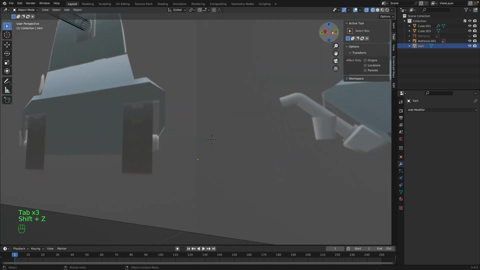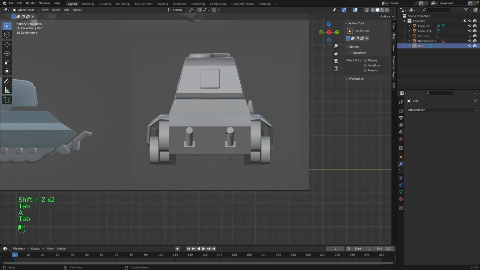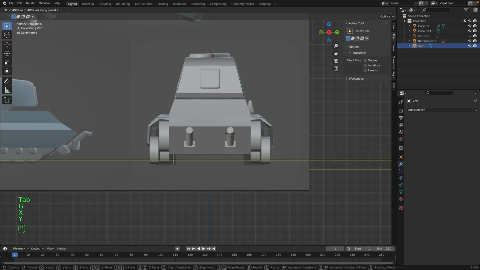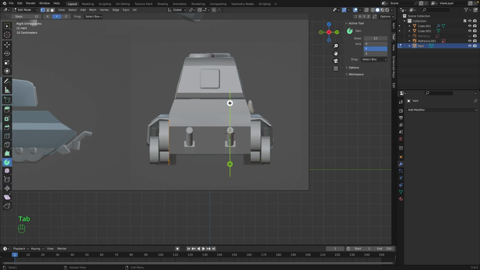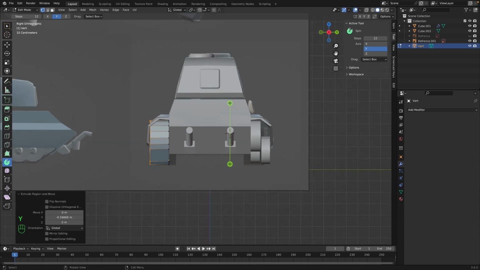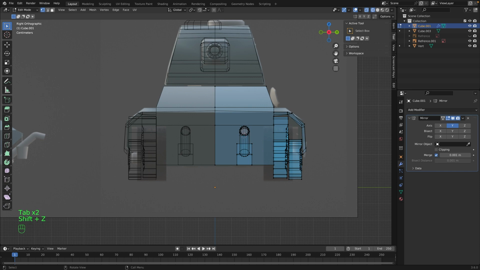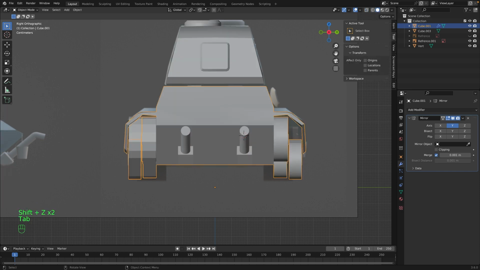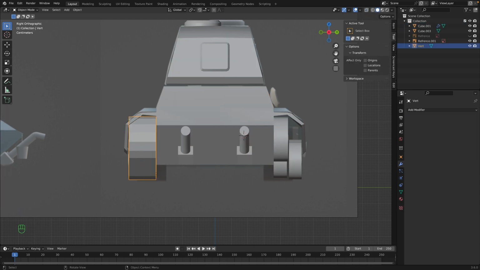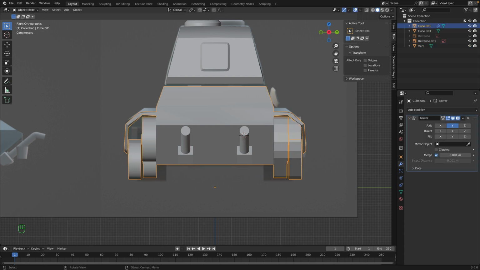And now we have a full tank. We have a full track piece. So if we select it, we can start the track piece here, and then we can extrude it all the way out here. Okay, it looks a bit odd, so unfortunately I'm going to have to play around with how it looks. So I'm going to actually move the track on the opposite side, just makes it a bit easier for me